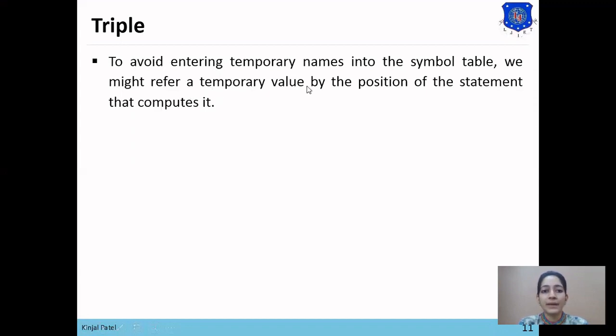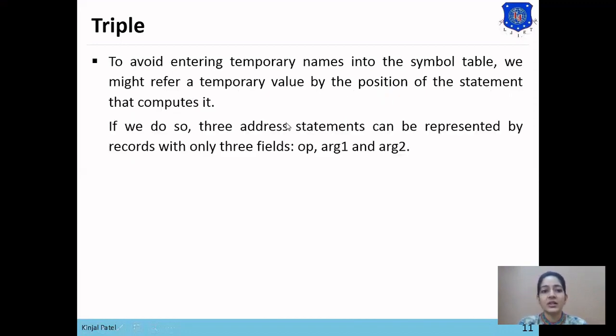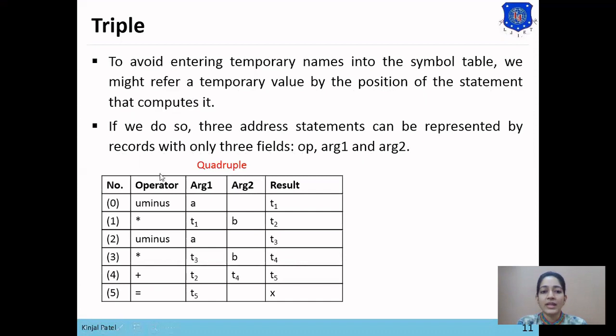So triple replaces the temporary value field with its position. Means triple directly uses the position of each statement, which already has the result of each instruction. So if we do so, a 3 address code statement can be represented by only 3 fields, which are operator, argument 1 and argument 2. So here is the representation of quadruple.